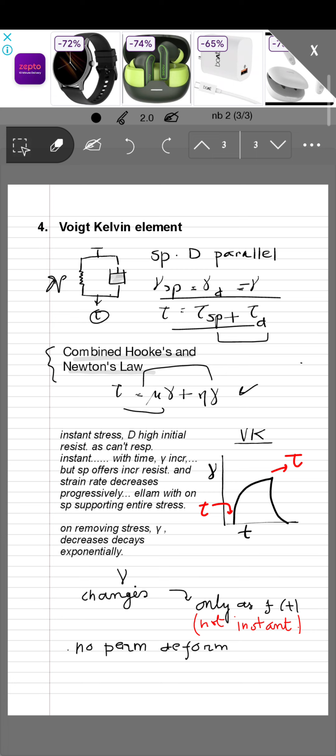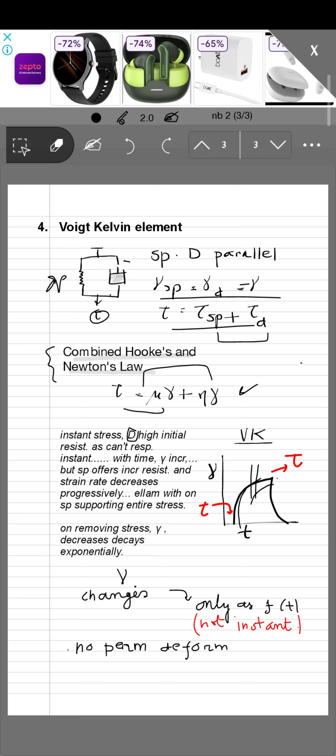So here, what is happening is that the stress is again instantaneous. However, the dashpot, that means this one, provides an initial high resistance. So you can see that the initial high resistance is being provided. So that's how this curvature in the plot comes. And after some time, the strain rate decreases. So in this region, the strain rate is decreasing progressively,